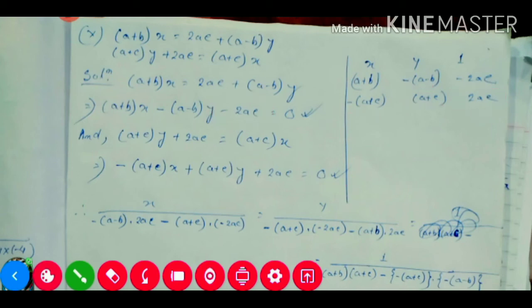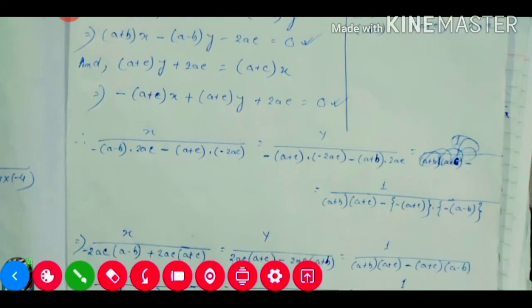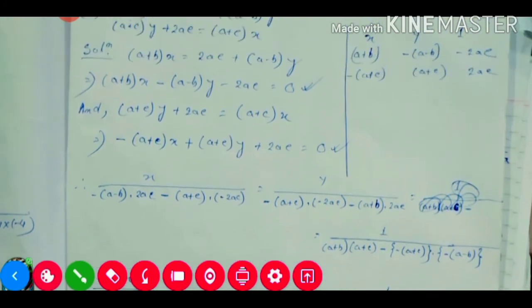Now we will apply our cross multiplication method. So in cross multiplication method, x, y and constant. This is long, so I have written it down below. If you are able to adjust it in your page, then we will adjust, no problem. So here x time x will be omitted. So top one into down one. So minus a minus b into 2ac. And then minus sign, this one is our formula minus. In between these two we need to give minus. Then down one into our top one. So x work finished.